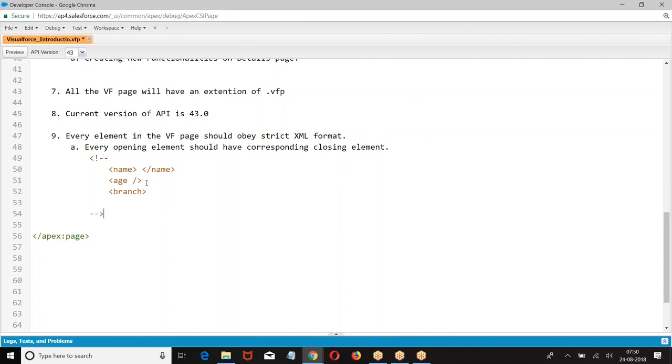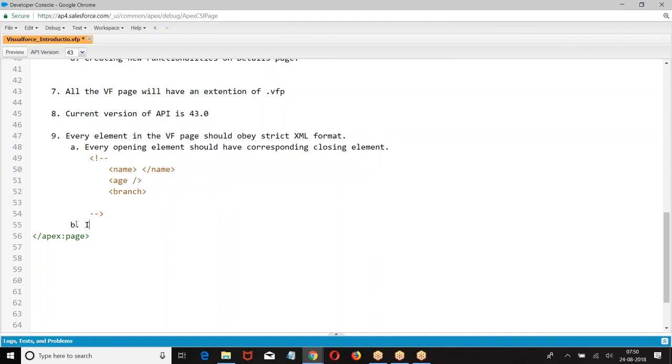Like this we have. Every element will have a corresponding closing element. Right, boss. I hope you are good with this.